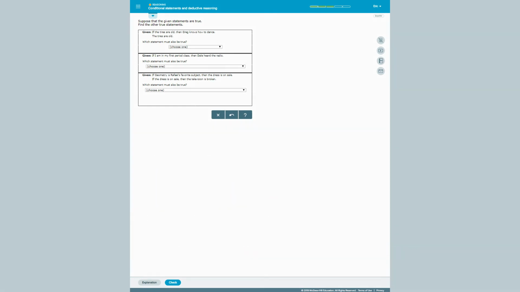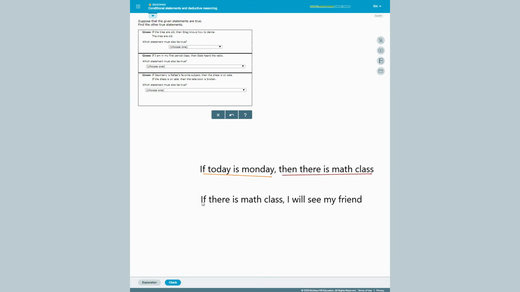The last type is with 3 different things, and it kind of sounds like a roundabout. So, if today is Monday, then there is math class. If there is math class, I will see my friend. This one is a little bit redundant, but it's pretty straightforward. So we're going to do P, Q,